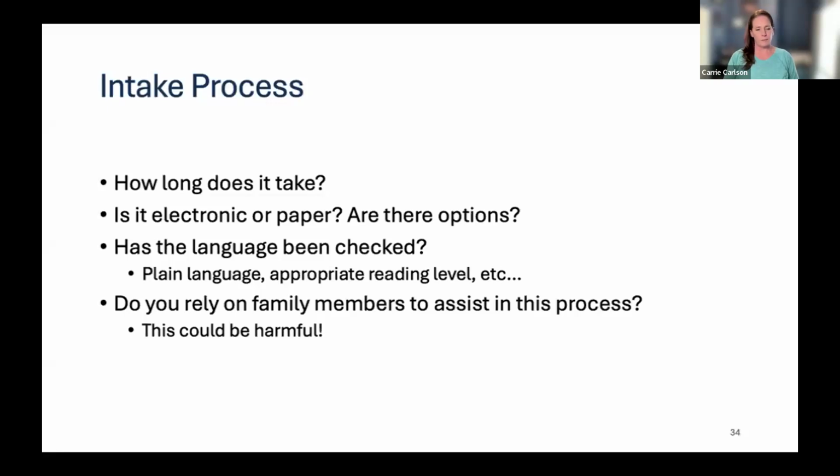studies have shown that people who are getting services, like at a doctor's office, right? They will disclose to that person, they're a trusted person to them, given the opportunity, if they need help, right? But if you're relying on their family member or their paid caregiver to provide interpreting services between that person with a disability and, say, that physician, I'm going to use them as an example, that person is never going to be able to disclose to you that they need help. That's why I put that there, that it could be harmful, right?